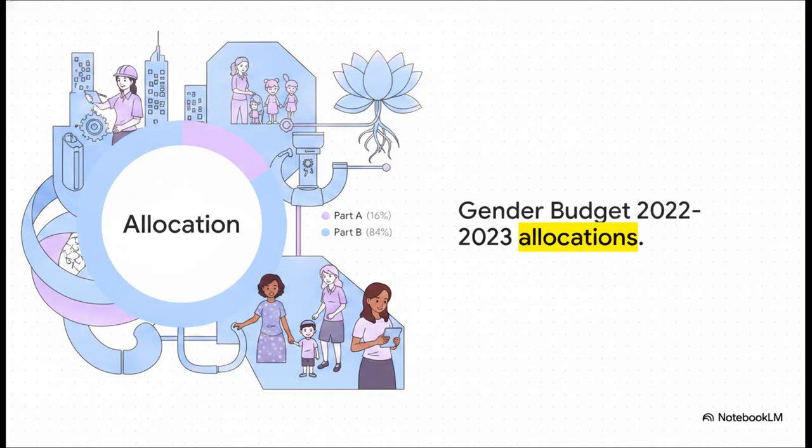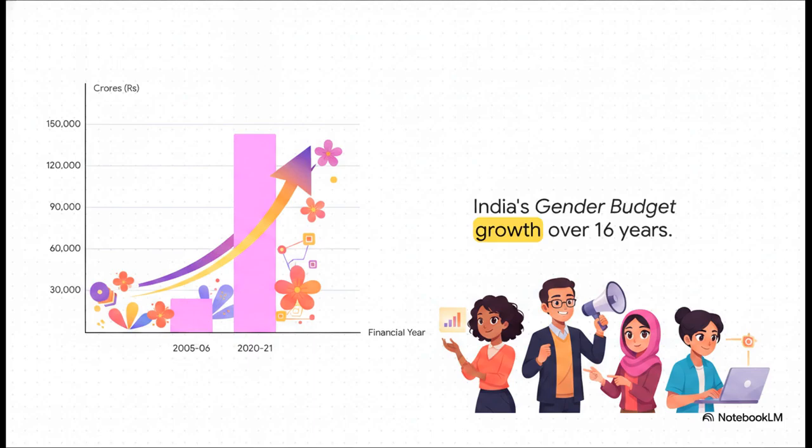Just take a look at the distribution of these funds in the 2022-2023 budget. While Part A is roughly 26,000 crore rupees, Part B is a staggering 1,44,000 crore rupees. That's a massive 84% share just for Part B. And what this really shows us is how deeply gender mainstreaming is now integrated into broader, everyday government programs. It's not just isolating women's issues into tiny niche projects anymore. It's literally forcing massive national infrastructure and welfare programs to dedicate at least a third of their financial power to women. And the growth here has just been phenomenal.